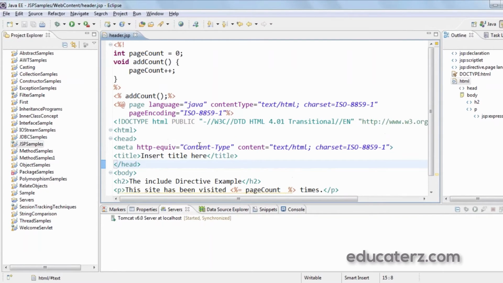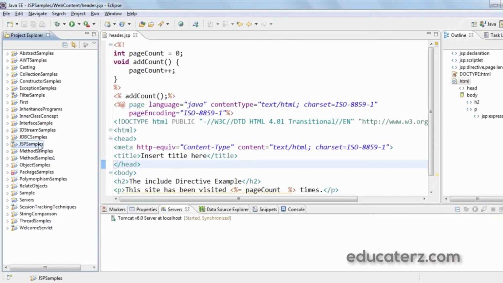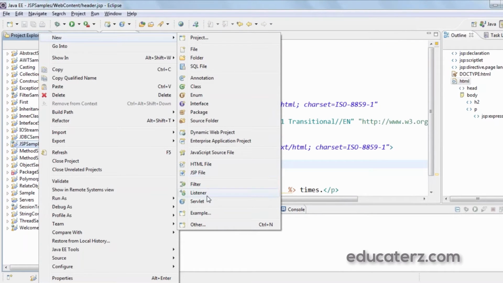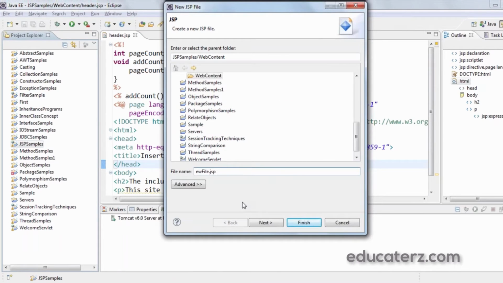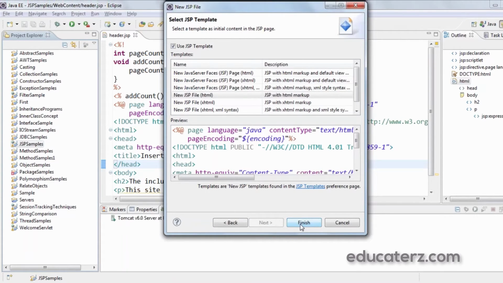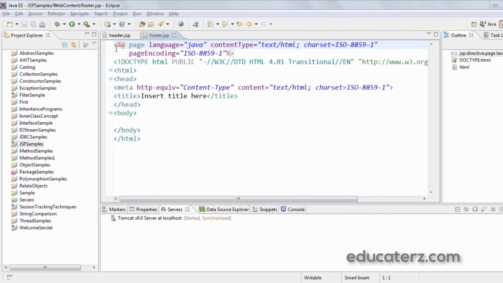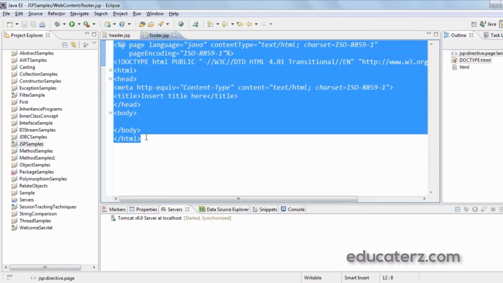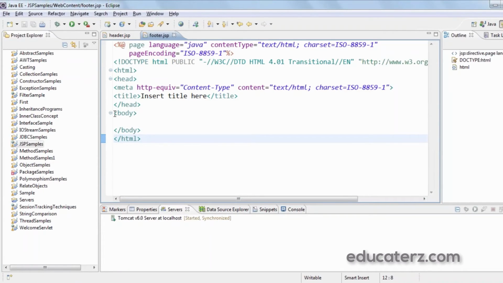And next I write footer.jsp. I just remove the whole content because we have to be very careful about the tags in HTML because we are including one JSP into another JSP.